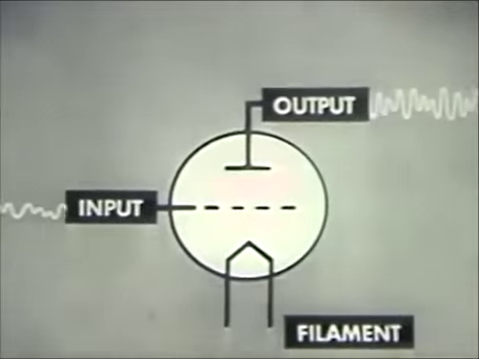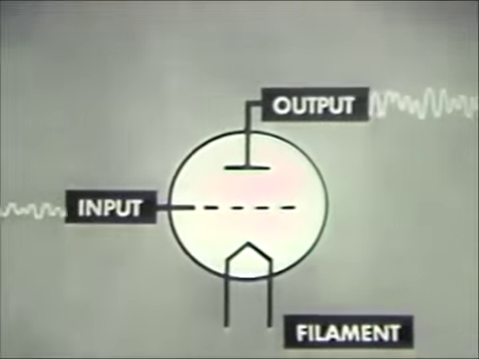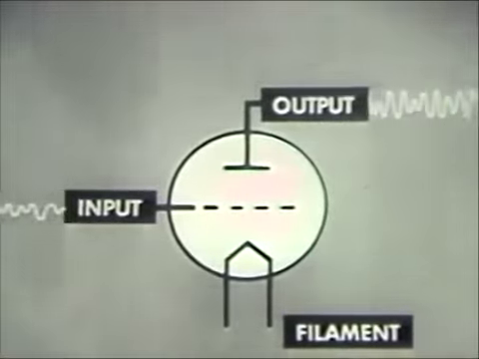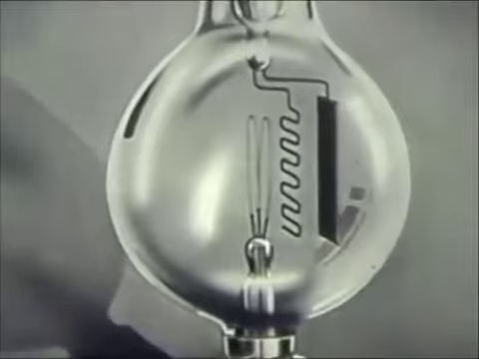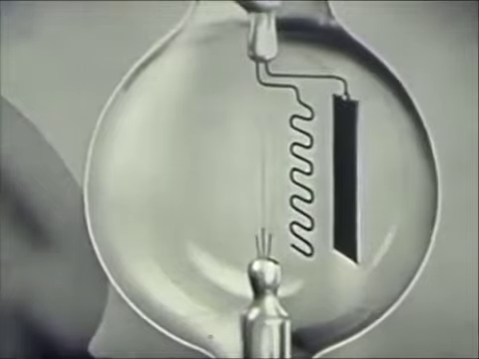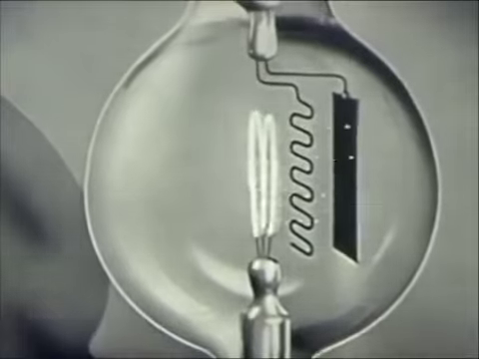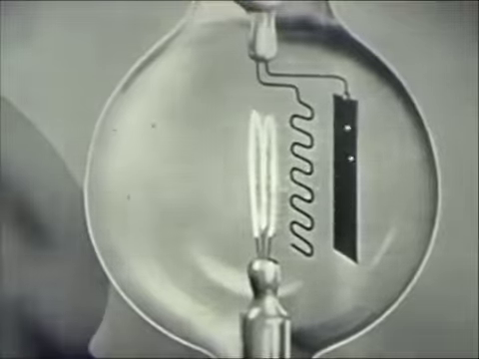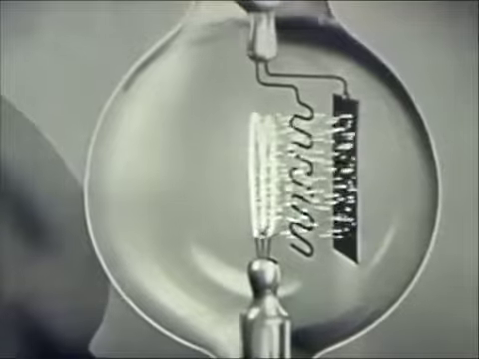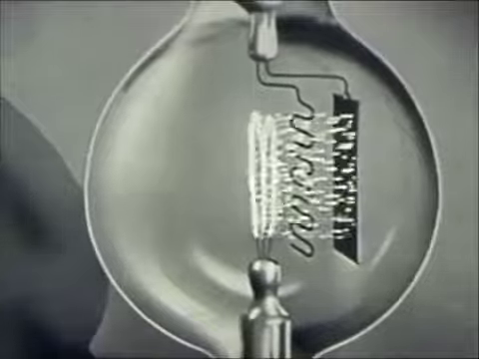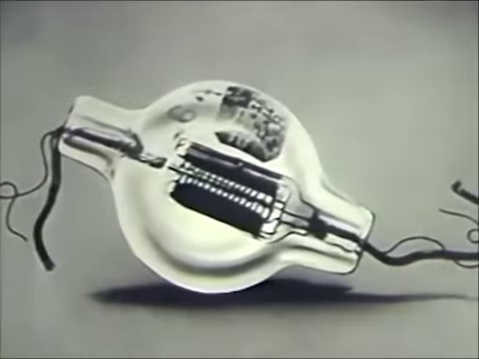Weak signals applied to the input or grid of the audion caused similar and much stronger signals to flow from the plate or output. A few years later, 2 scientists, Dr. Arnold of Bell Telephone Laboratories and Dr. Langmuir of General Electric, working independently, found that by pumping out the audion tube to create a very high vacuum, they obtained greater fidelity and stability. Here is one of the first high vacuum tubes that started us on the way to the wonders of our